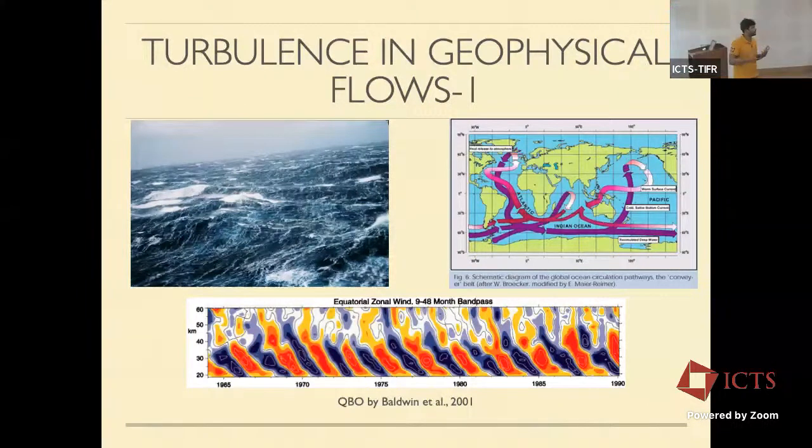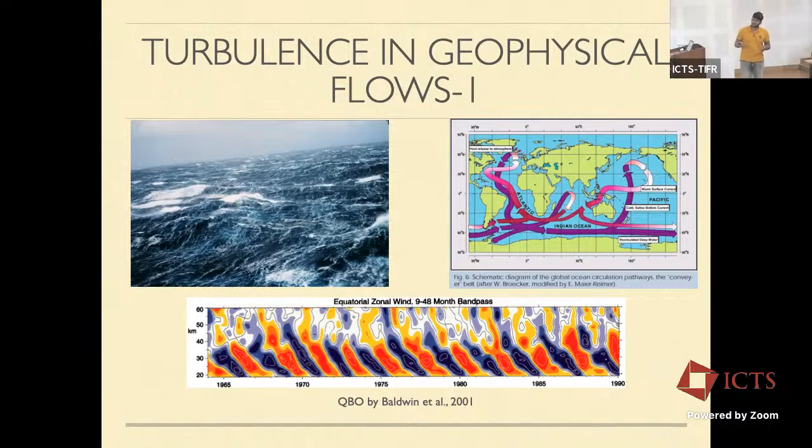You can also have breaking of these waves, which leads to important air-sea interactions. This exchange of carbon dioxide between air and sea could also possibly be driven by such processes. And then